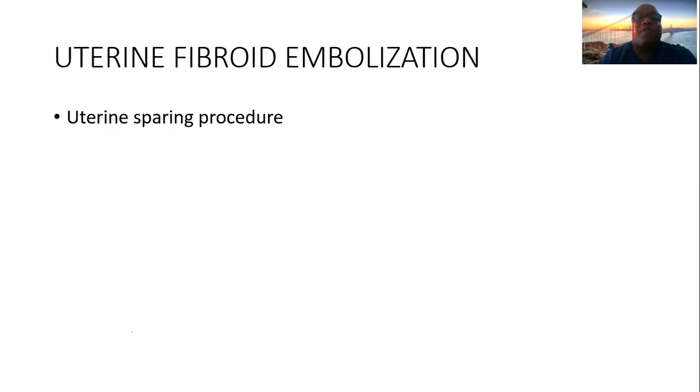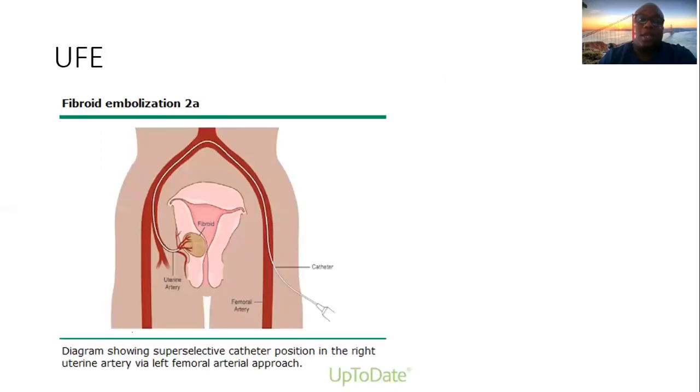So uterine fibroid embolization is a uterine sparing procedure. It's available both at Aga Khan Nairobi and Aga Khan Mombasa. And what it entails is that a special catheter is introduced through the groin, through the femoral artery. And this catheter is guided under vision all the way to the uterus and the uterine vessels supplying blood to the uterus. And then a special dye is injected